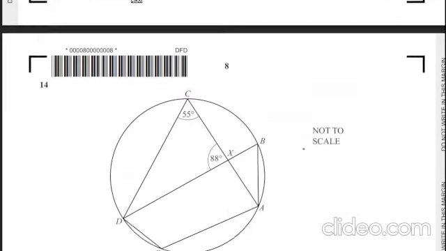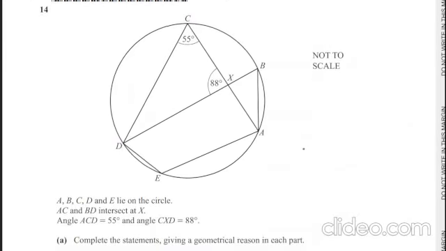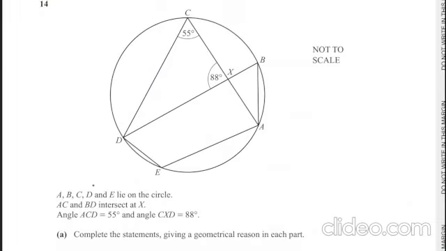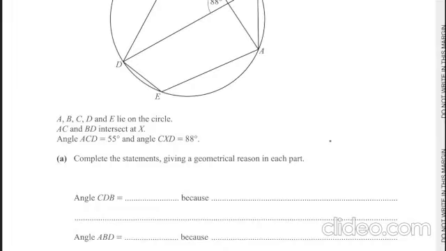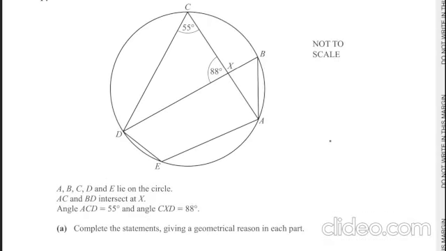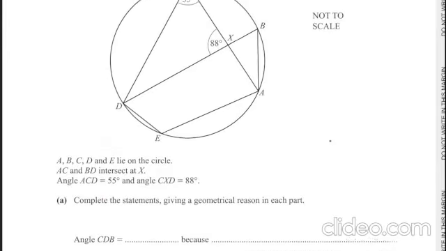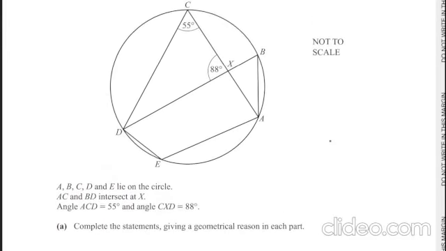Let's move to the next question. 14th question. A, B, C, D, E lie on the circle. AC and BD intersect at X. Angle ACD is 55 degrees, angle CXD is 88 degrees. Complete the statement giving a geometrical reason. So we have to find angle CDB, and we have to find the reason also. CDB